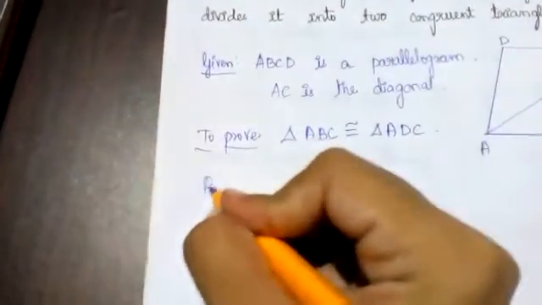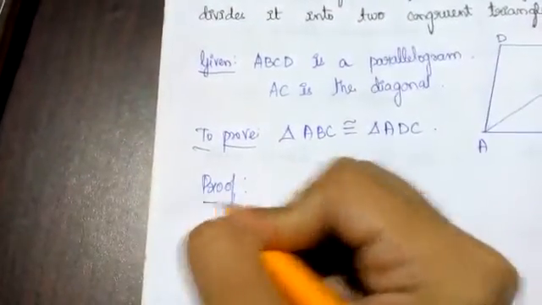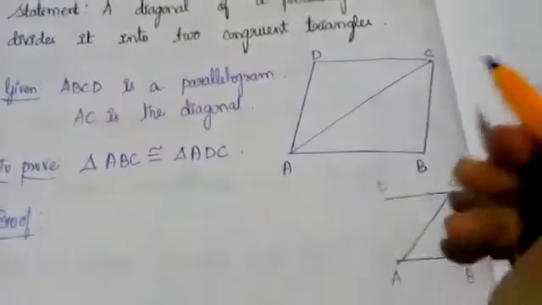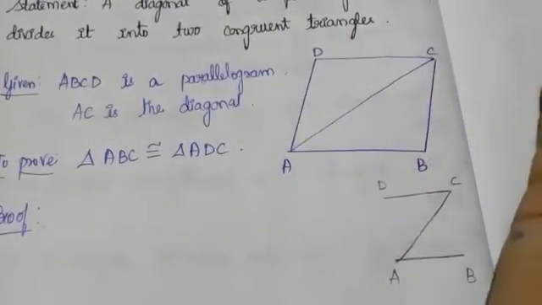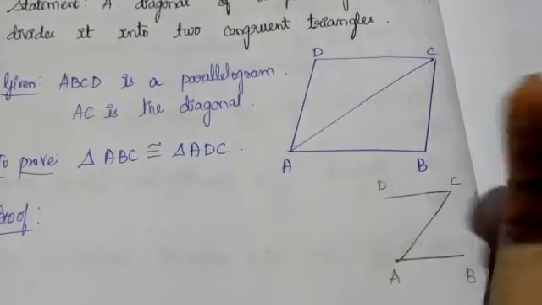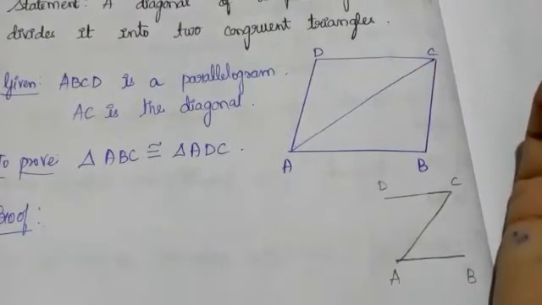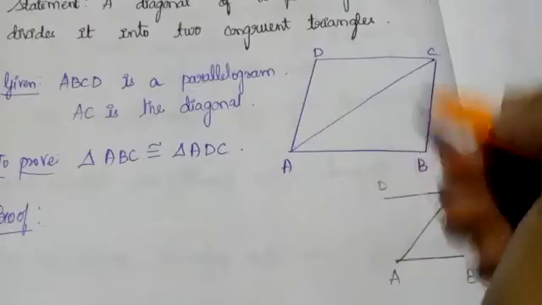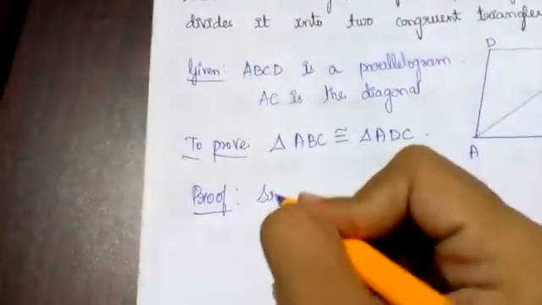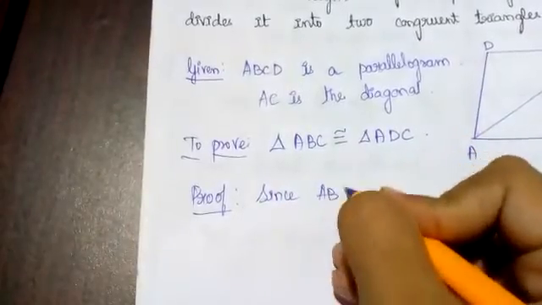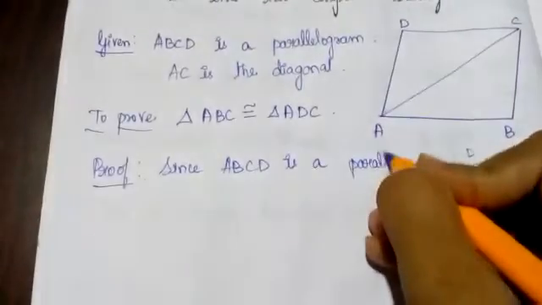Okay, next we are going to prove it. So you can write it as proof. Now, when ABCD is a parallelogram, we know that in a parallelogram, opposite sides are parallel. We know that, isn't it? So you can write it, since ABCD is a parallelogram,